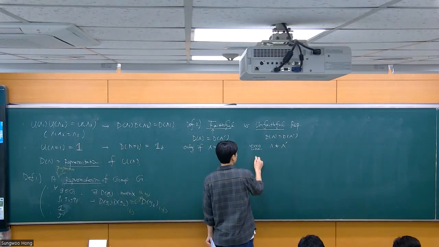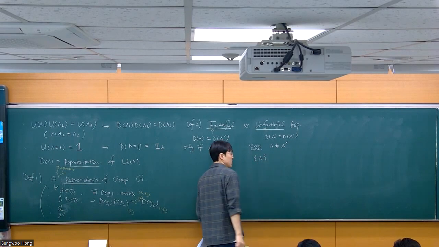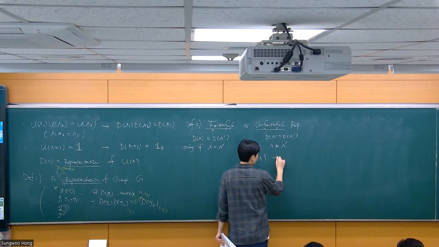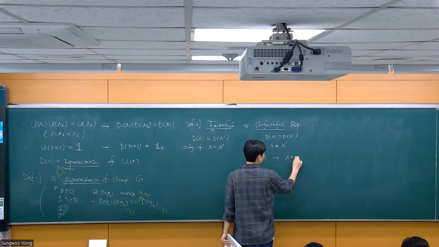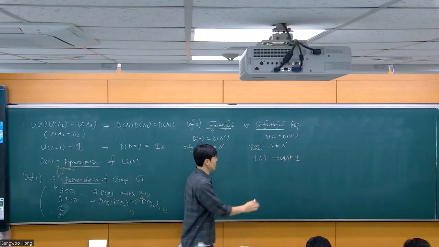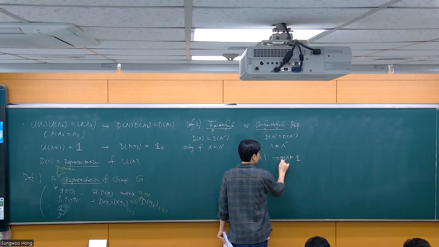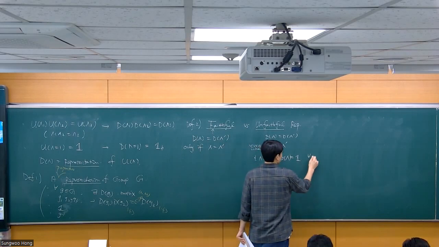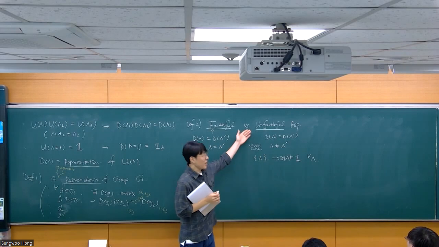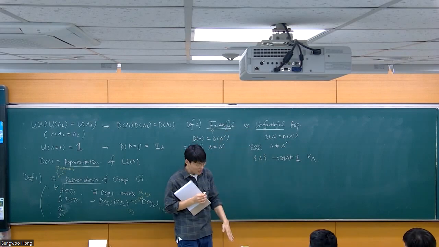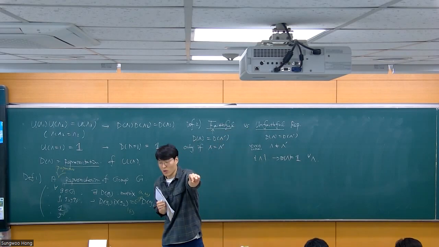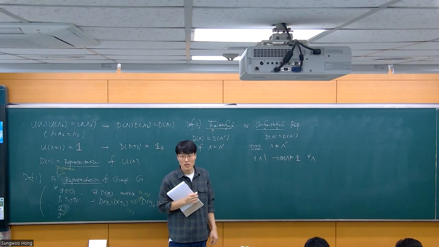For instance, suppose I take a set of elements of the group and just assign them all to be the identity operator, or in this case D, for all lambda. Then this is maximally unfaithful, right? Because I have a million different lambdas, and they all go to the same element in the representation.